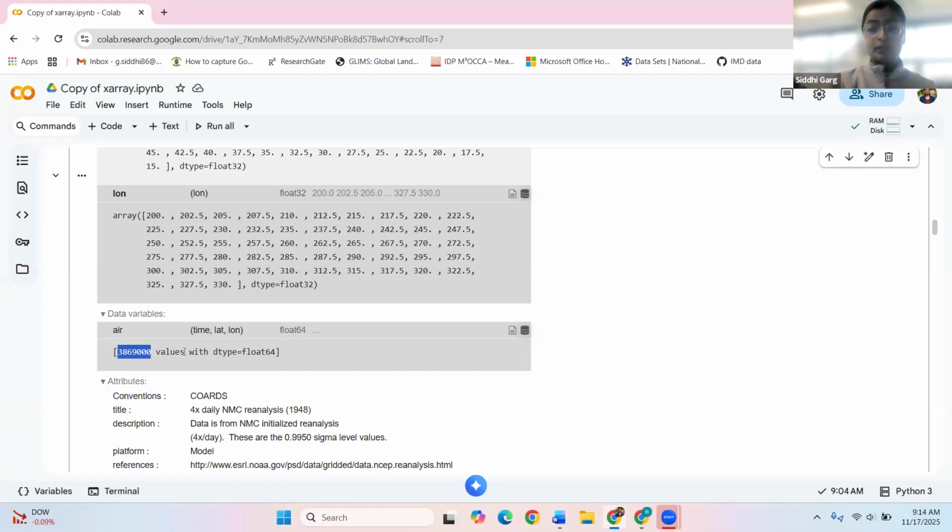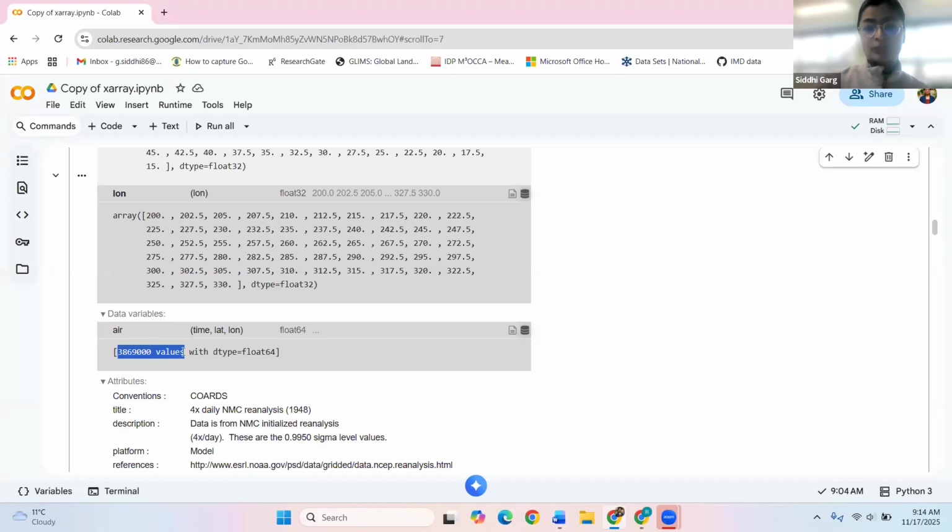But again, it will be very difficult for you, and then you will have to plot that information in the form of some spatial maps, because if you want to show in your publication how the air temperature has varied spatially and temporally, then it's important that you analyze the entire data set in one go. So here, the importance of X-array comes in, where you can visualize the entire imagery